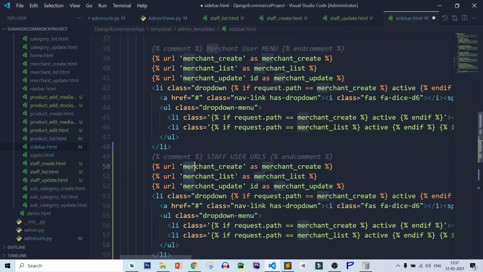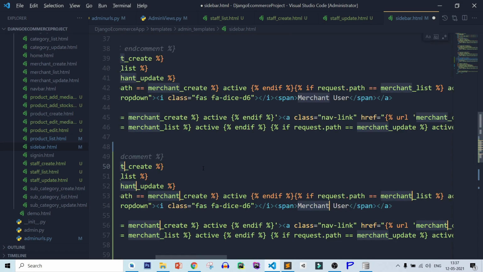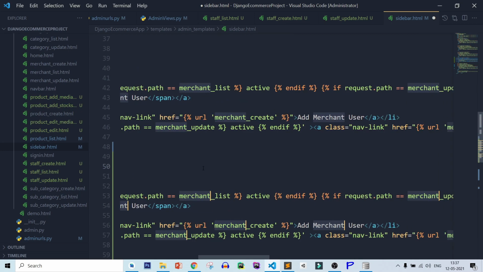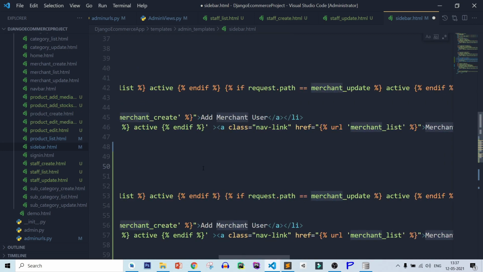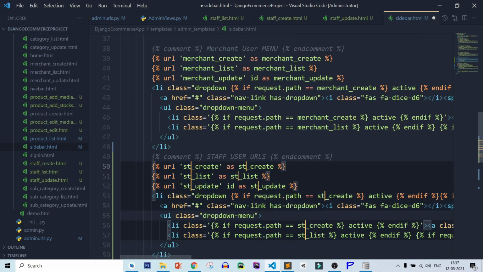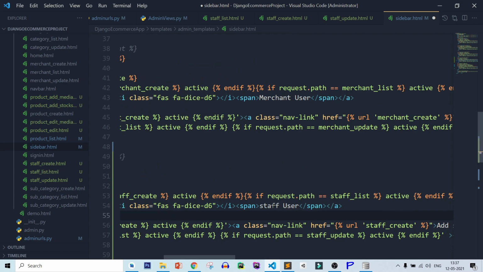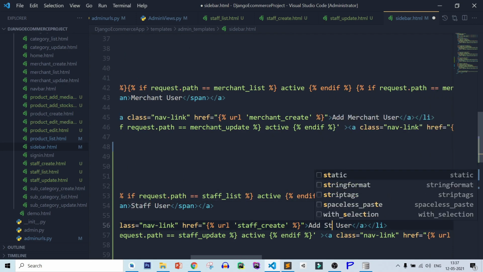Let's select it, select everything. So all selected. Stop. Change the menu title. So staff user, add staff user, list.